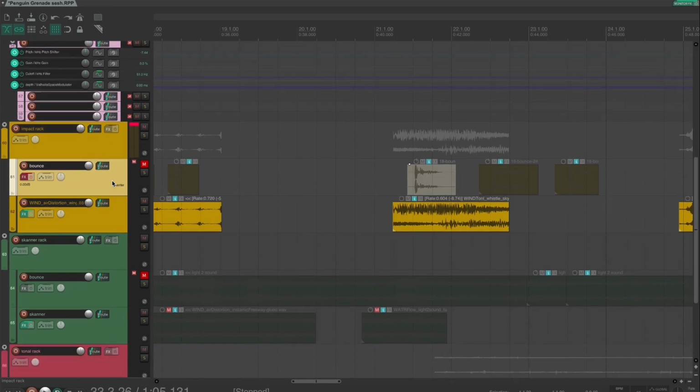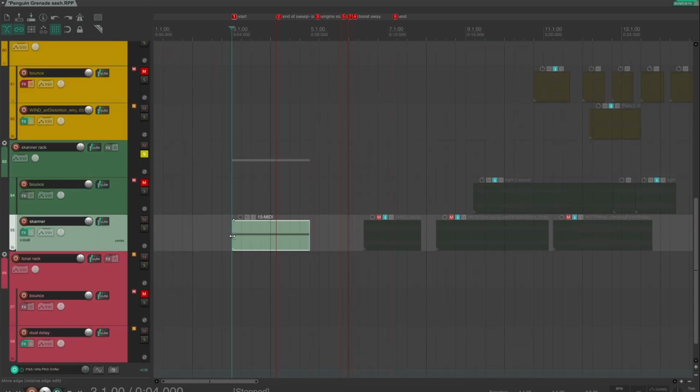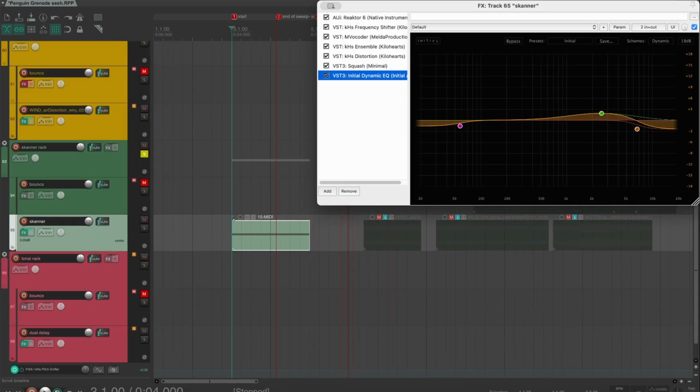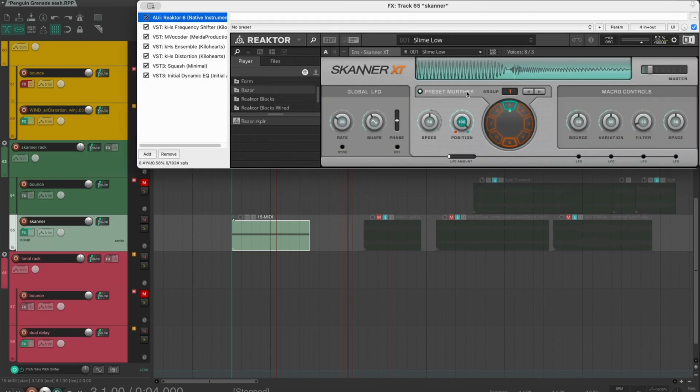The next rack I'm going to show is Scanner. So this is the classic Scanner XT. You put the sample in here, you go through the presets and get loads of movement out of it. So going into this, I mainly wanted to use sounds that were pretty flat dynamically and already kind of